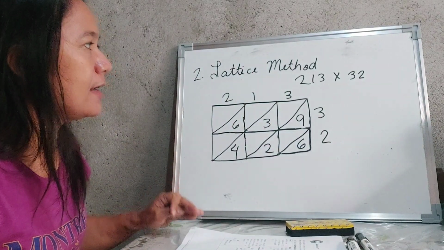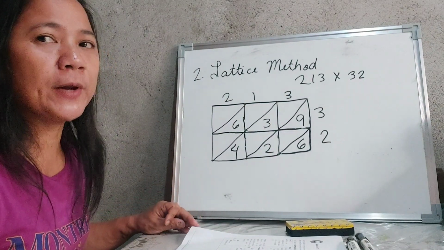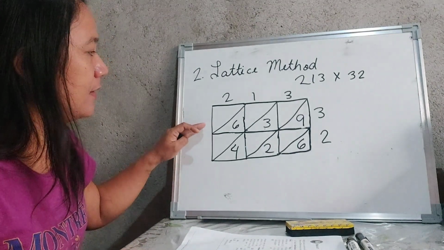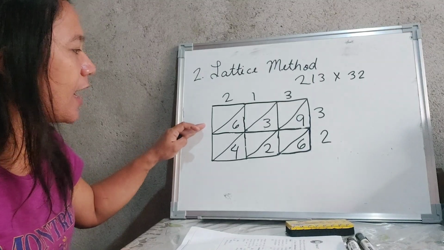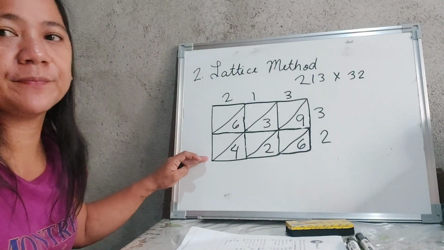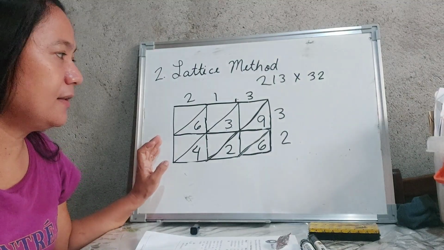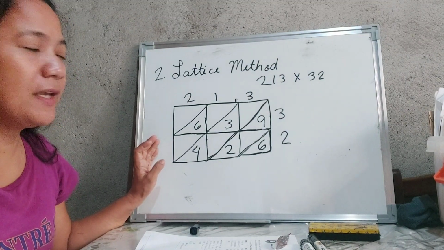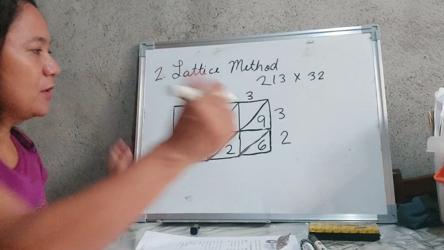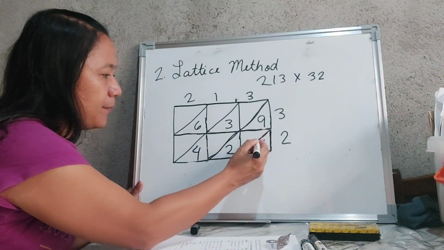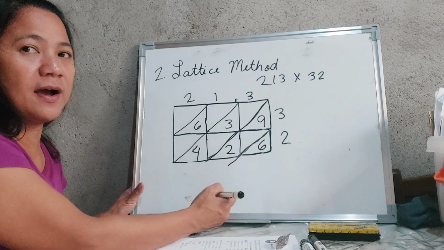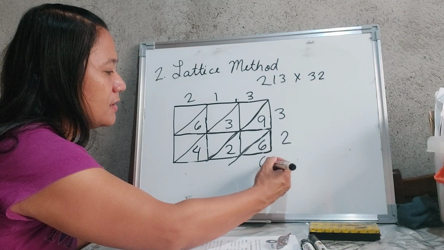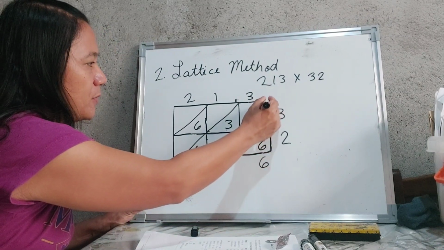So, in finding the final product of the given data, all we have to do is to add the 639 and 426. Now, begin adding the first and second partial product. We will begin with the ones value. So, in this diagonal, as you can see, walang kasama ang 6. Since wala siyang kasama, I will write down 6. And then, I will proceed to the next